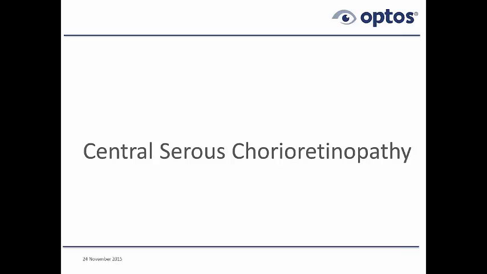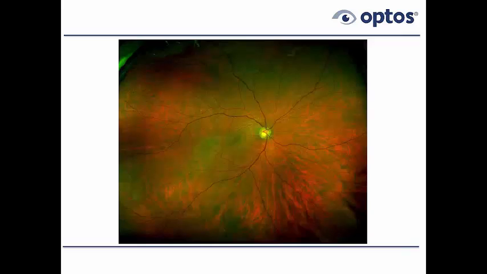Let's talk about a much more common disorder, which we'll call central serous chorioretinopathy. Here's a patient I presented with some vague blurred vision in the right eye. Not bad, actually. I think it was about 20/30. And you look at this ultra-wide field color image, and you don't really see a heck of a lot, except perhaps you say that, well, it looks like the patient has cupping, maybe physiological cupping, maybe it's actually pathological cupping